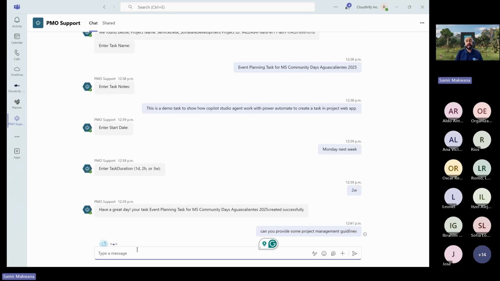Because I have already fed that knowledge into this Copilot Studio agent, it should be able to provide me the outcome, so that we can have standards for project management across the organization.